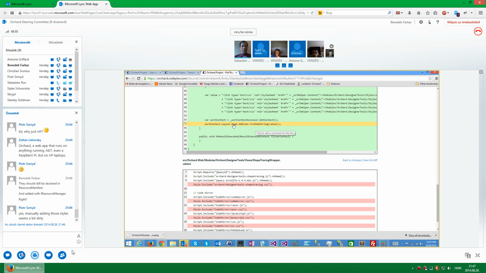No, but with layout.head.add, you can even add a shape which will contain this HTML, and then you can put a placement which is after, colon after. So you don't need a filter.